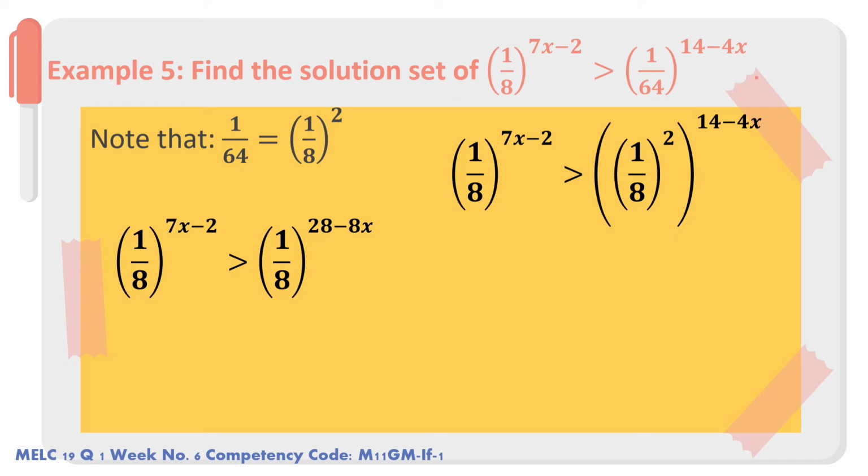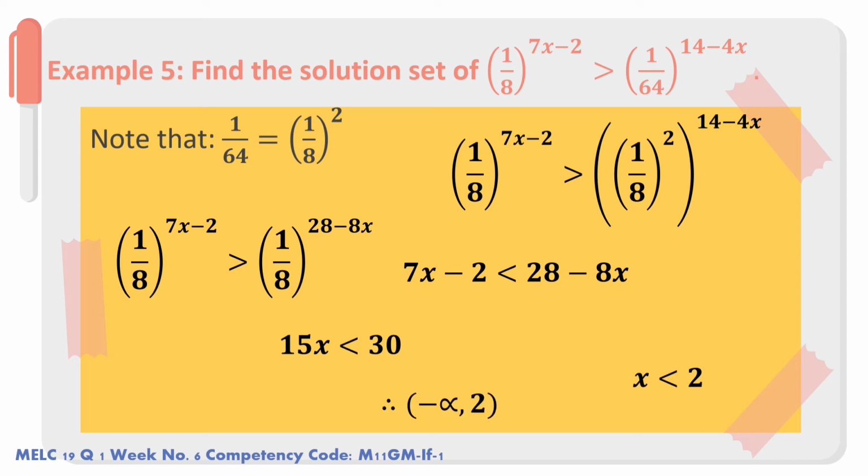Applying the one-to-one property, we can say that 7x minus 2 is less than 28 minus 8x. Solving for the solution set, we will have 15x less than 30. Therefore, we can say that x is less than 2. Or, the solution set will be from negative infinity to positive 2. The 2 is excluded because